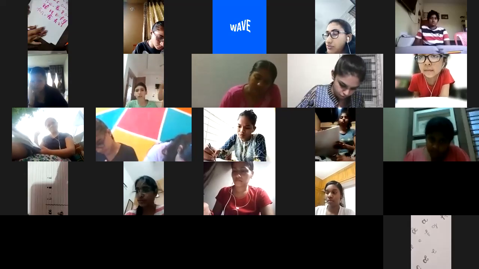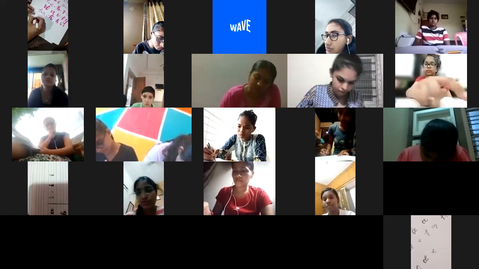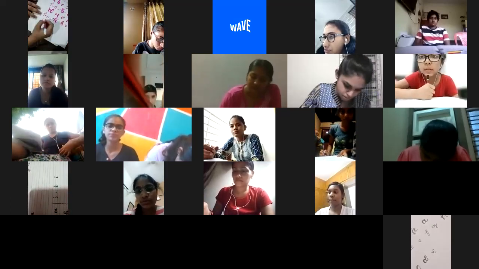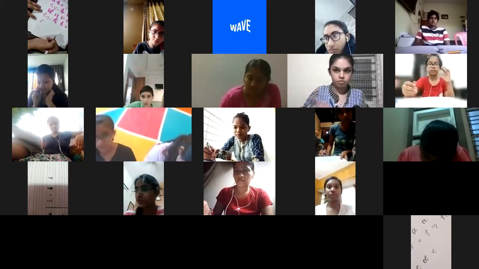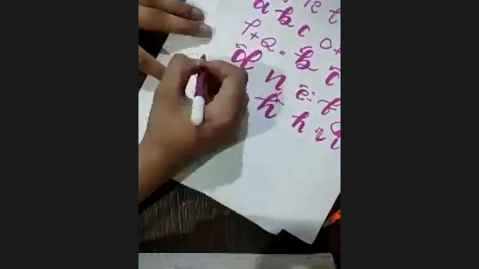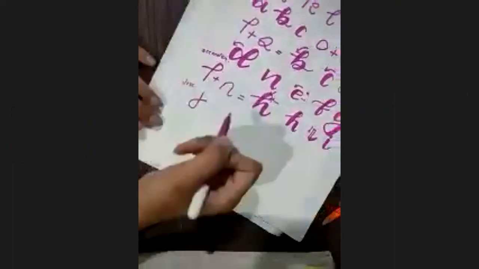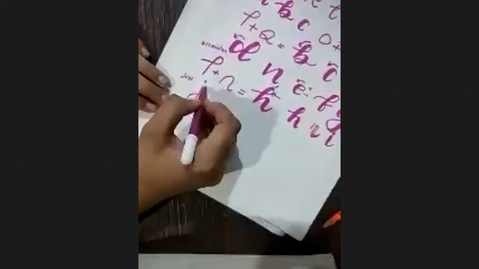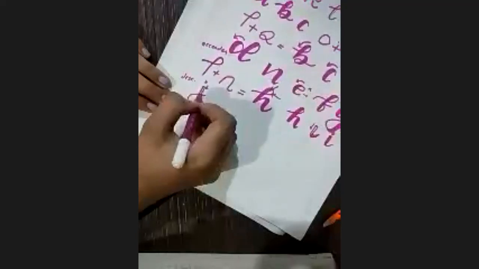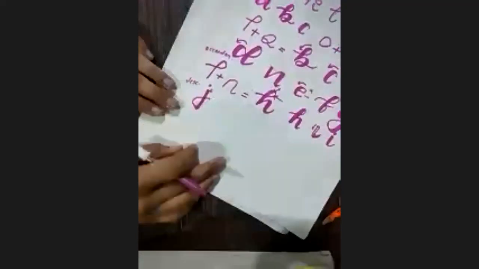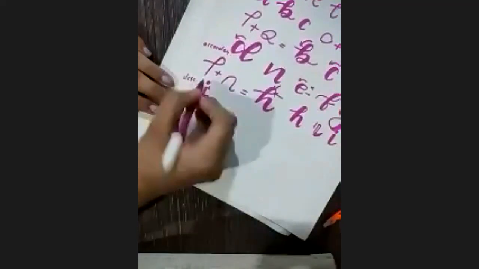Same applies for J. This is a descender loop. This thing is called a descender loop and this thing is called an ascender loop. The one that comes from above is the ascender loop, and the one that comes from below is the descender loop. Okay. We'll make sure again where it is coming from. So I'll add a double line here and fill in here.